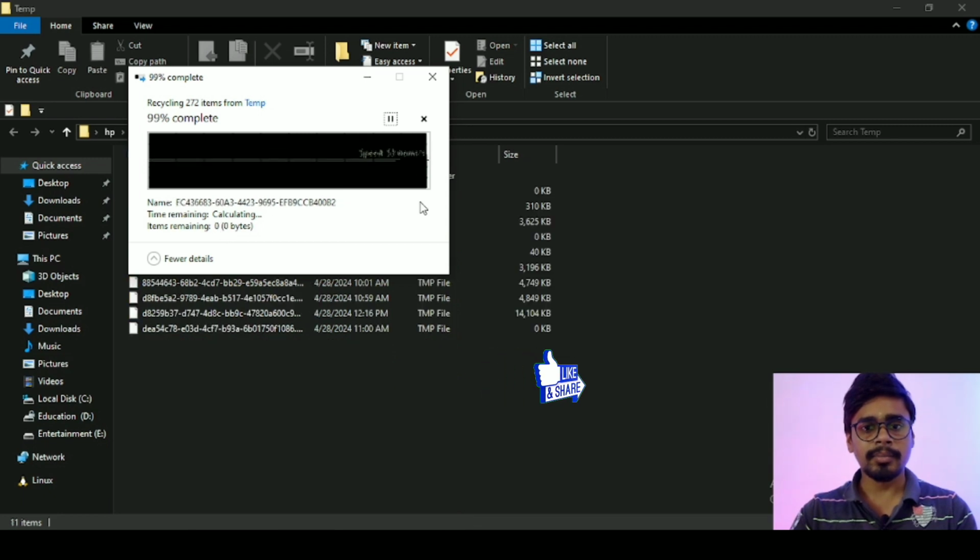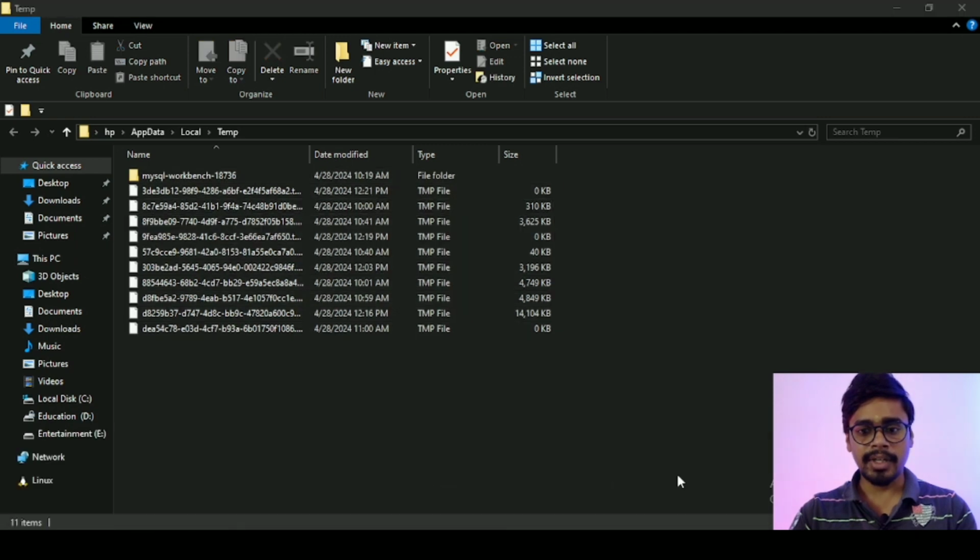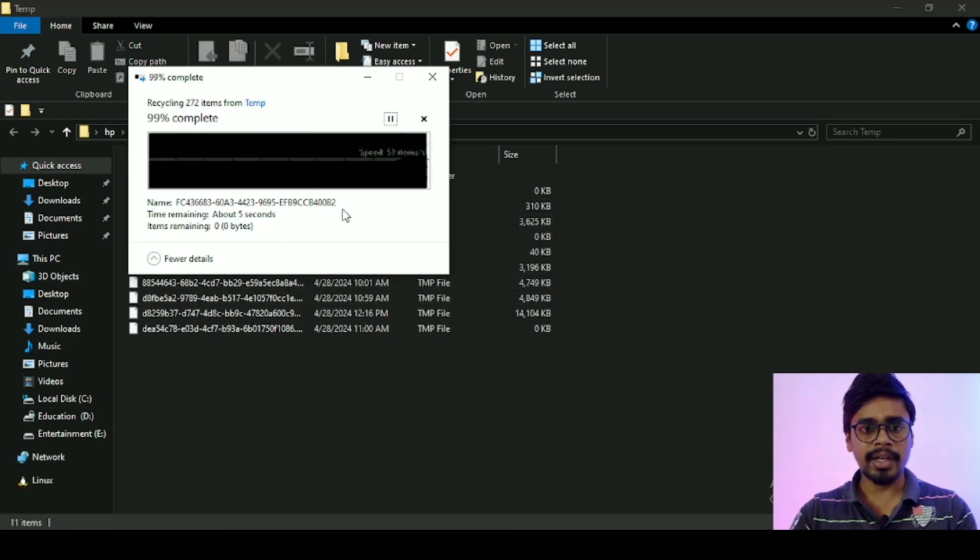And yep, it got deleted almost. Now we are remaining with only these files. Remaining 11 items are there, right? Previously we had almost 200 files, now we have only 11 items remaining, and this will take time. Meanwhile, what you can do, the third process,